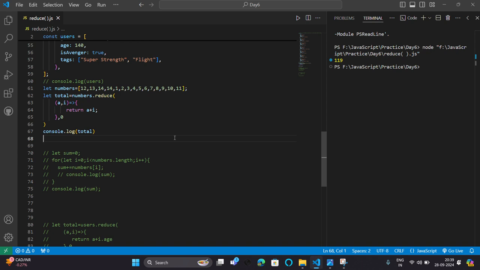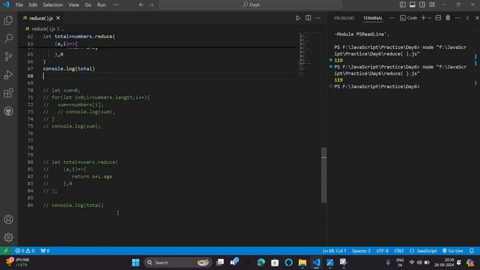We just simply create a total variable, and in this I run numbers.reduce with the function (a, i) that returns a + i, and I start a equal to 0. So it iterates over each index, adds that value, and returns it to the total. The output will be the same.